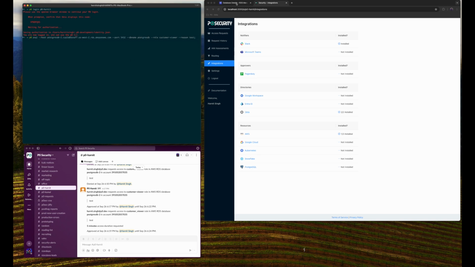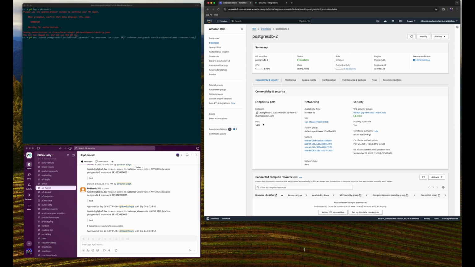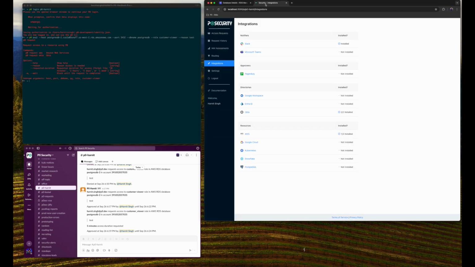So we copy the endpoint, the port, and the database name, and then in this particular case, I'm looking for a role which is going to give me access to just the customer table and viewer access at that. So the first time around, I ran into some complaints saying that there are unknown arguments like host, port, database name, and so on. What that really means is I have not set up my Postgres integration in my P0